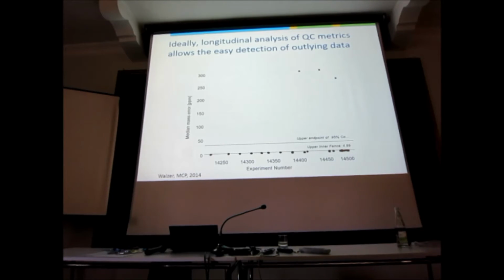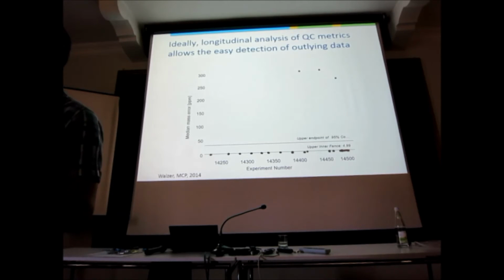So immediately you see something is wrong, right? You want to be able to spot these things longitudinally. You want to assess what is standard performance. What does that look like? And is this standard performance or not? Is it acceptable or not?